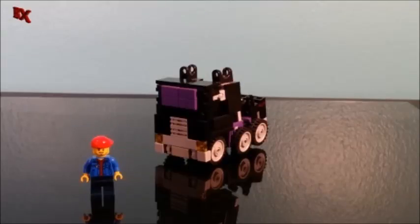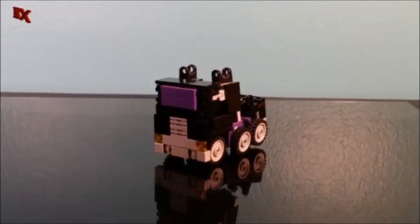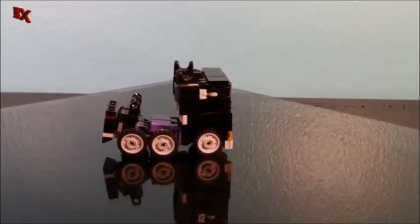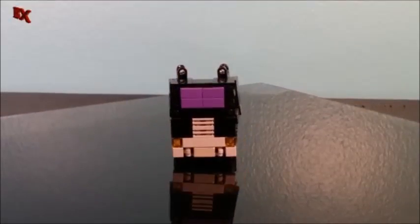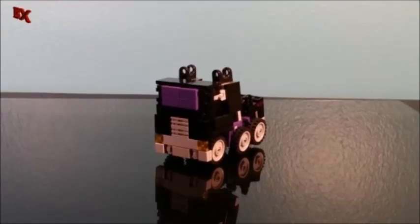And here we have Motormaster. Yes, let's check him out. Alright, so here we have Motormaster, and as you can see, he is more closely designed to the Hasbro release of Motormaster. He's not going to be the traditional G1 rendition where the trailer all became part of Motormaster himself. Because considering that I'm doing the whole Combiner Wars line, I did want to,